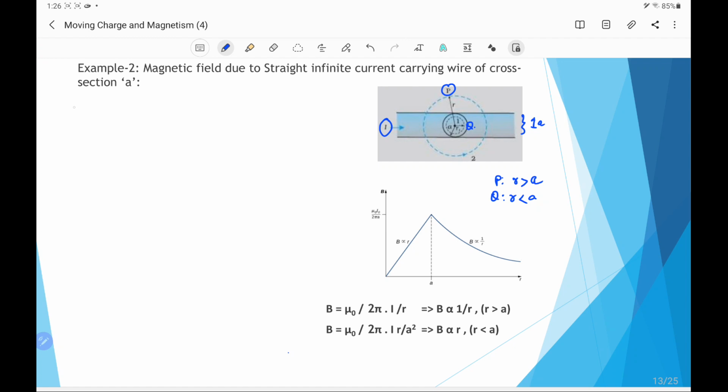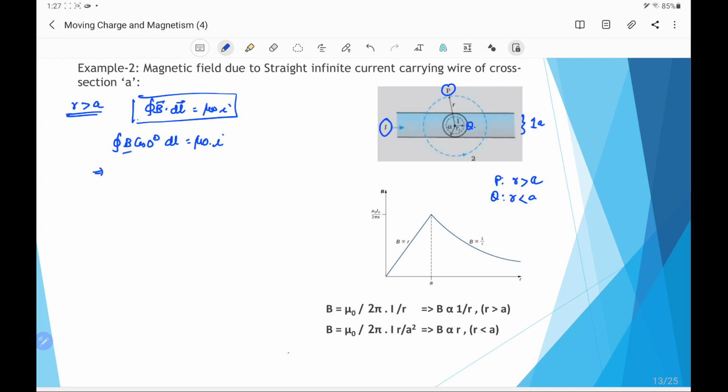So using Ampere's law for r greater than A, that means the point is lying outside the wire, we apply integral B dot dl equal to mu naught I. This is Ampere's law, and we have chosen a circular Amperian loop. For that, integral B cos 0 degree, because the field will be tangential and the elementary length over the circular loop is also tangential, so the angle between these two is 0 degree, and dl will equal mu naught, because this Amperian loop, when r is greater than capital A, encloses the whole wire, therefore it encloses the total current I.